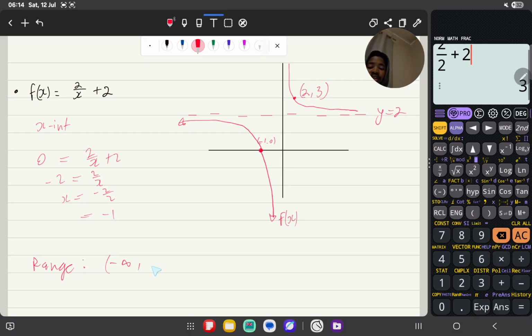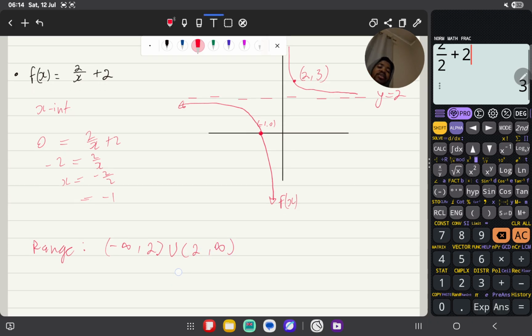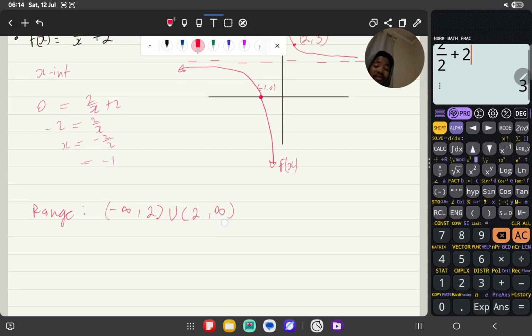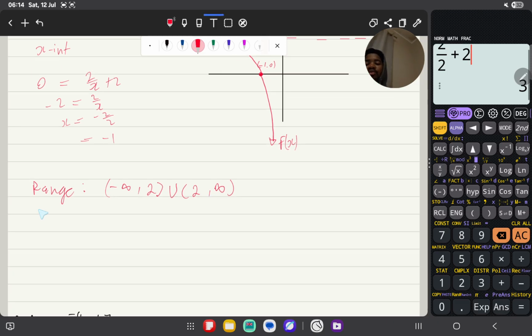If 2 was included, it would be a closed bracket. Then we take the union of 2 to positive infinity. This is how your range is going to be, because where y equals 2, your function is not defined. But as for domain,